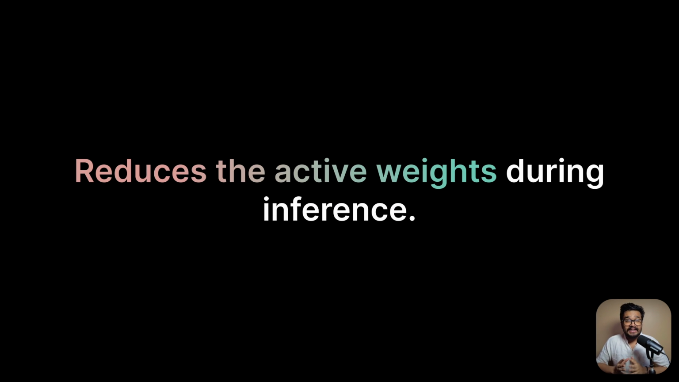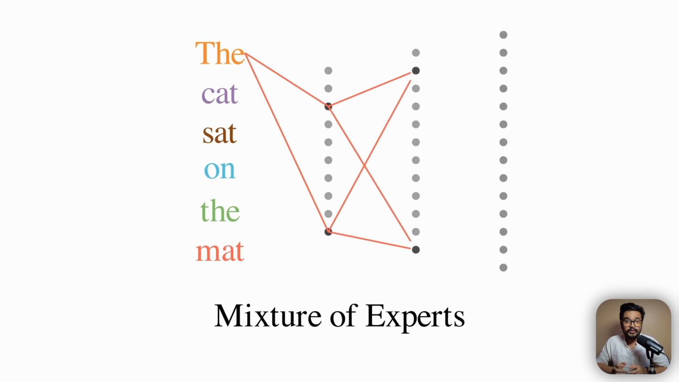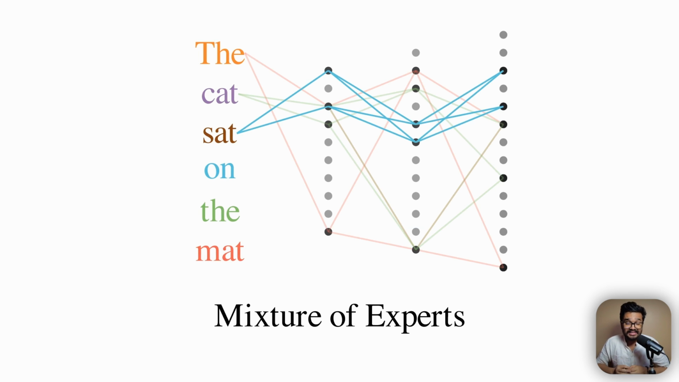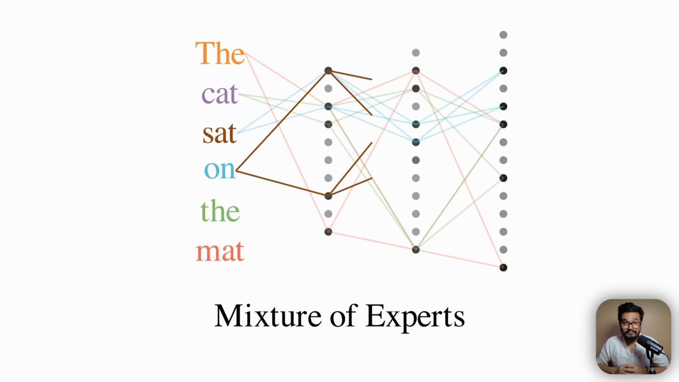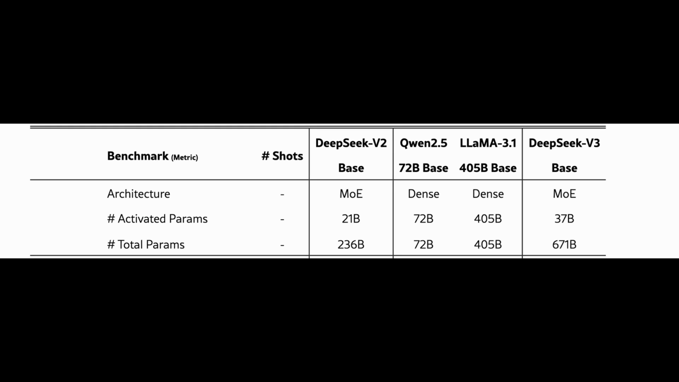Another advantage is that it reduces the active weights used during inference time. Suppose you have 8 experts, but you only activate or route through 2 experts at a time for each token. Well, this means that we don't spend any compute processing the other 6 experts for that token. This means that the number of floating point operations per token are significantly reduced. For DeepSeek V3, you can see that they have 671 billion parameters in total, but only 37 billion parameters are